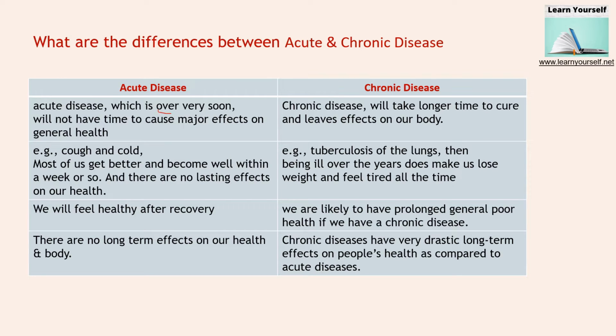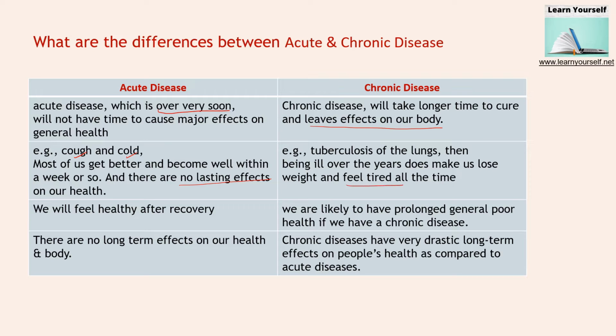Cough and cold are termed acute disease, and most of us get better and become well within a week or so, with no lasting effects on our health. Whereas with tuberculosis or cancer, being ill for years does make us lose weight and feel tired all the time,